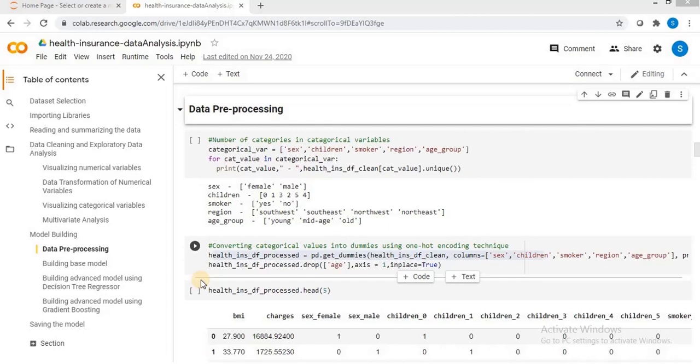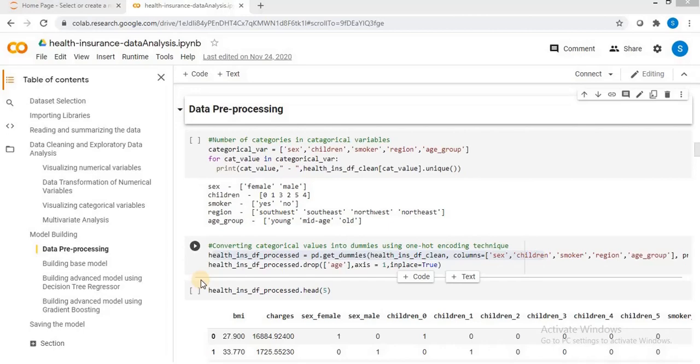Before jumping to the model building stage, we have to pre-process the data to make it fit to input into the model. One such pre-processing step is to convert the categorical variables into dummies, that is, in the form of zeros and ones. Here we will be using the one-hot encoding technique. Many machine learning algorithms cannot operate on labeled data directly. They require the input variables to be numeric, that is, categorical data must be converted into numerical form. In one-hot encoding, new binary variables are introduced for each integer value representing a category.